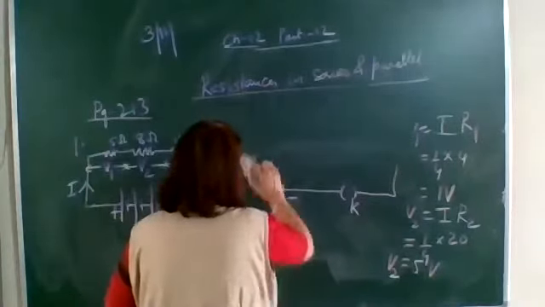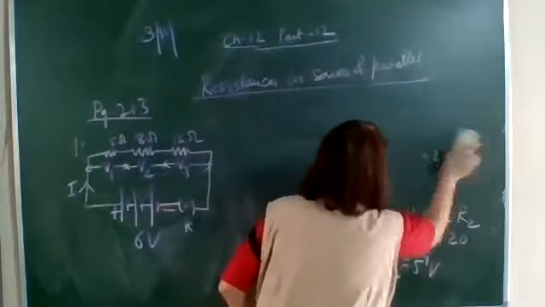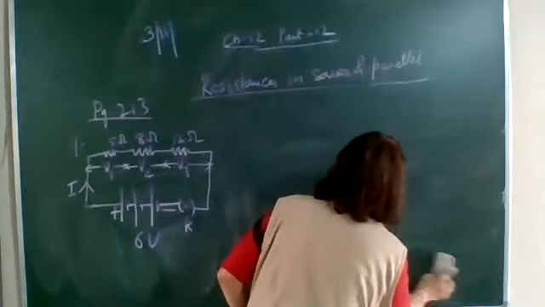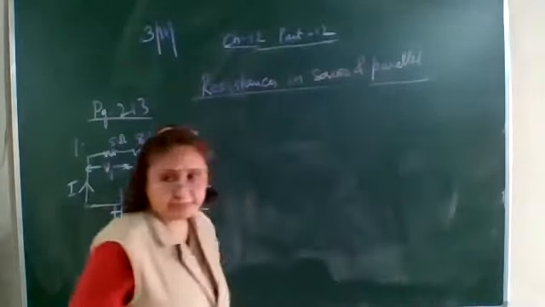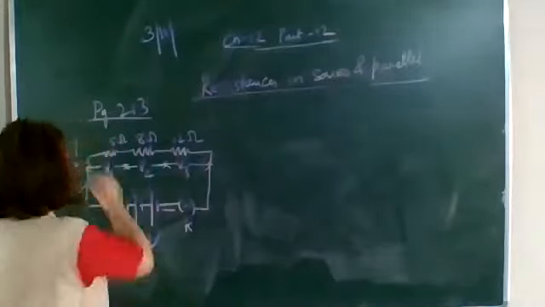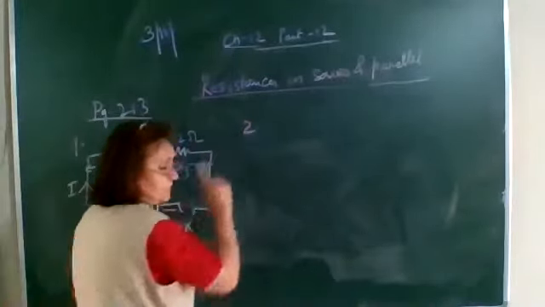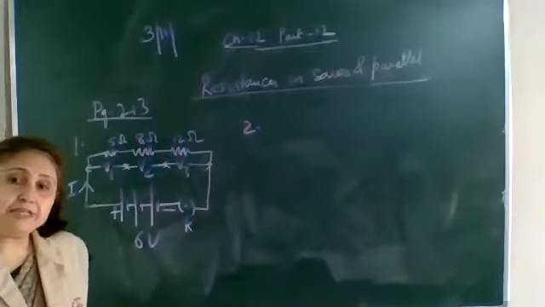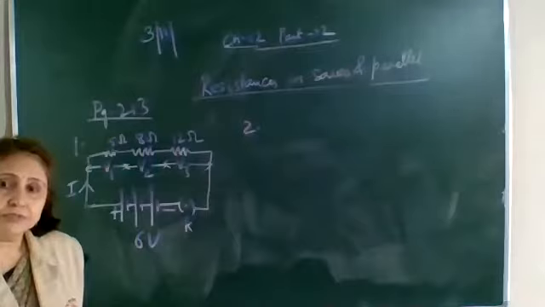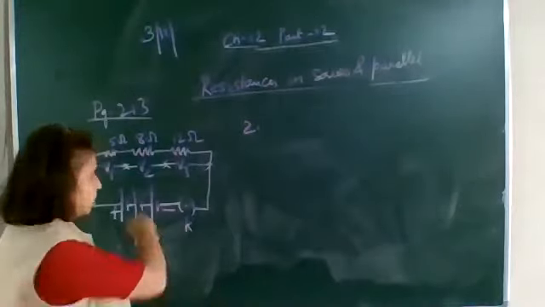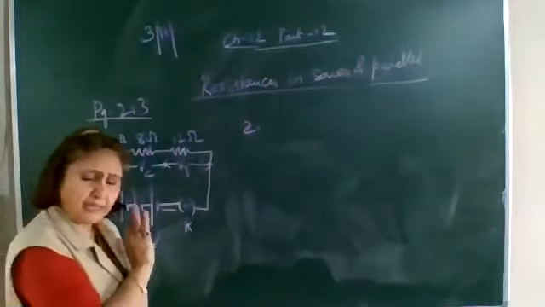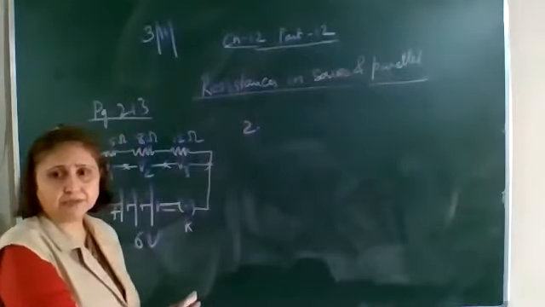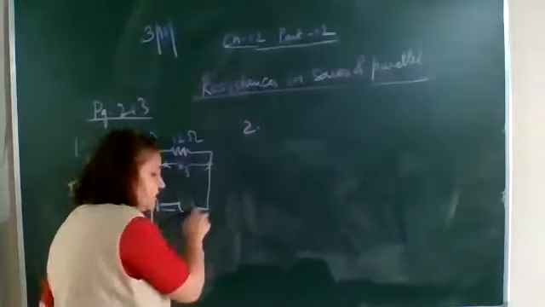For question number 2, we have to redraw the same circuit diagram by connecting an ammeter and a voltmeter also. This was question number 1. The same diagram we have to draw, which will measure the current through the circuit. You can connect the ammeter anywhere. Why? Because the current flowing is the same